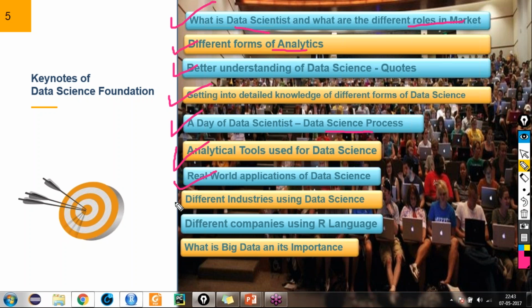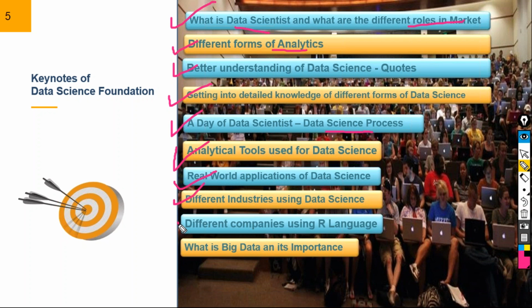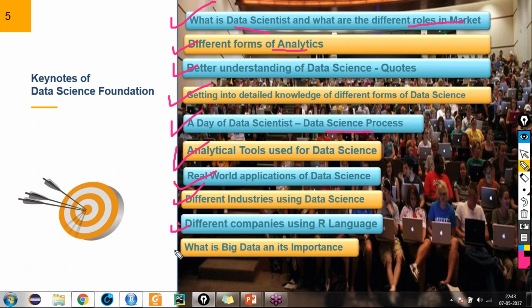Then different industries using data science, using different tools, correct? And then different companies using R language, and lastly we have covered what is big data and its importance, right? And so now we'll just sum up